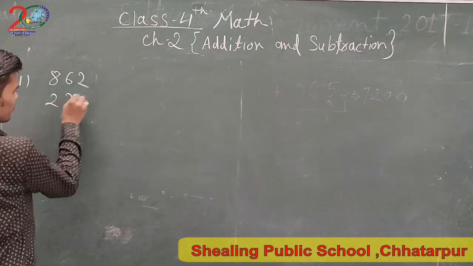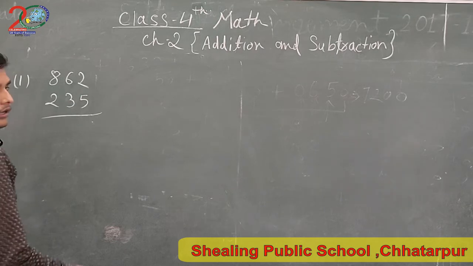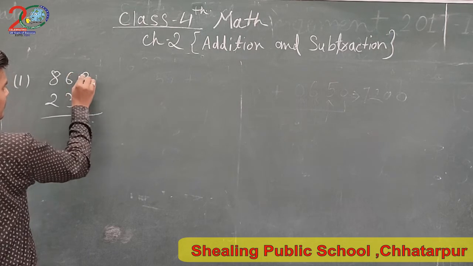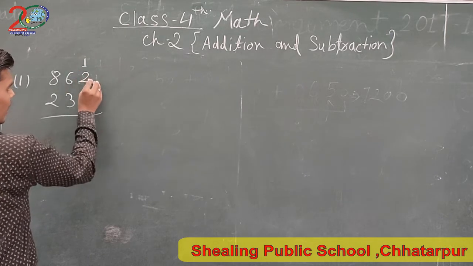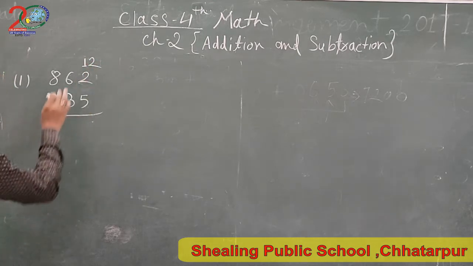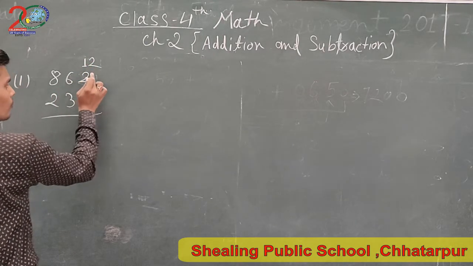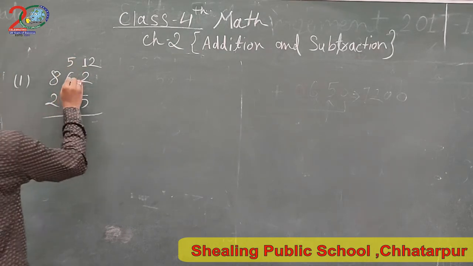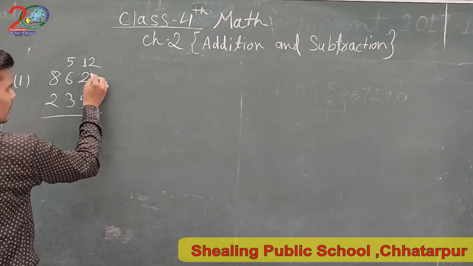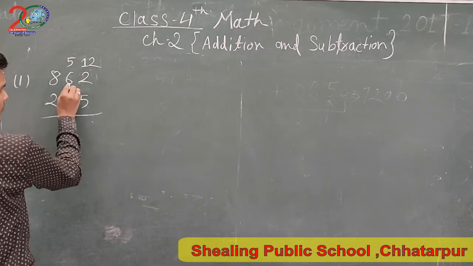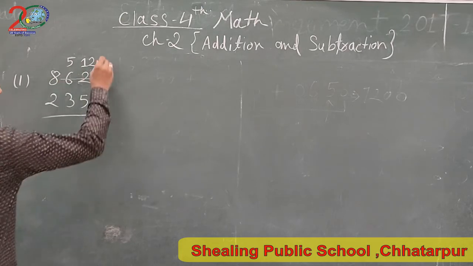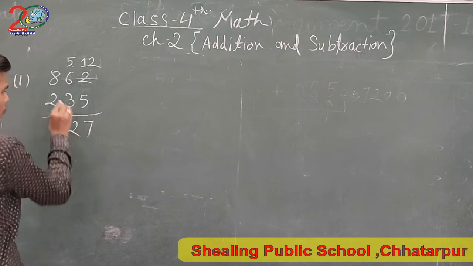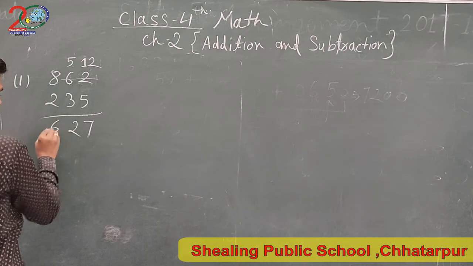235. So here is 2. So we don't subtract 2 by 5. So we take the carry from 6. So 6 gives the carry 1 and here is 2. So it's 12. Then 6 gave 1 here. So what is left here? It's 5. Because 6 gave 1 to the ones value. Then how much is left here? 5. Now we subtract 12 by 5. So here is 7. Now 5 by 3, here is 2. Now 8 by 2, here is 6.